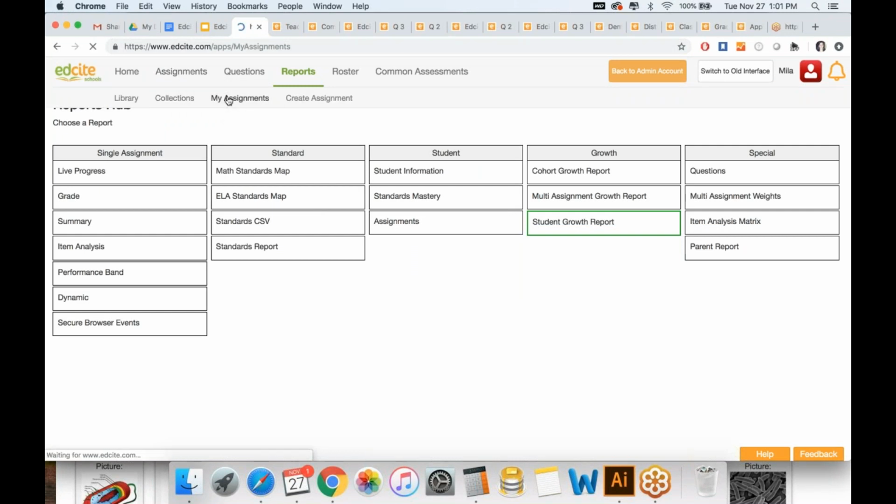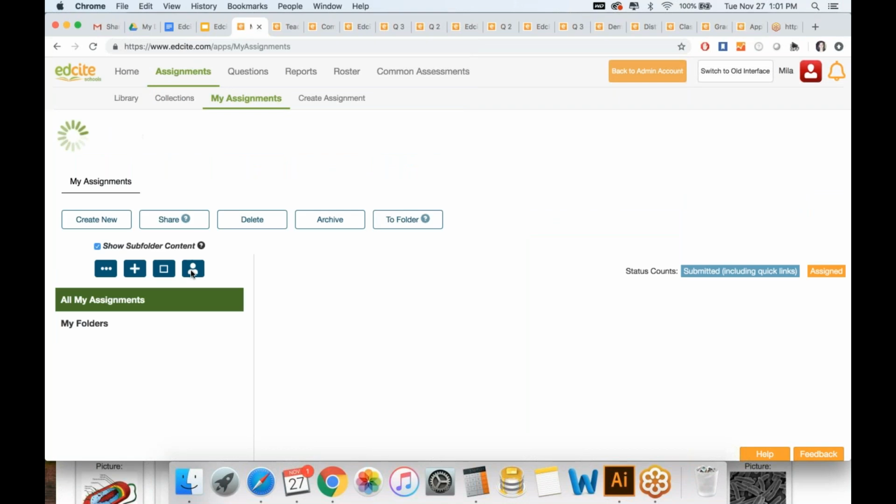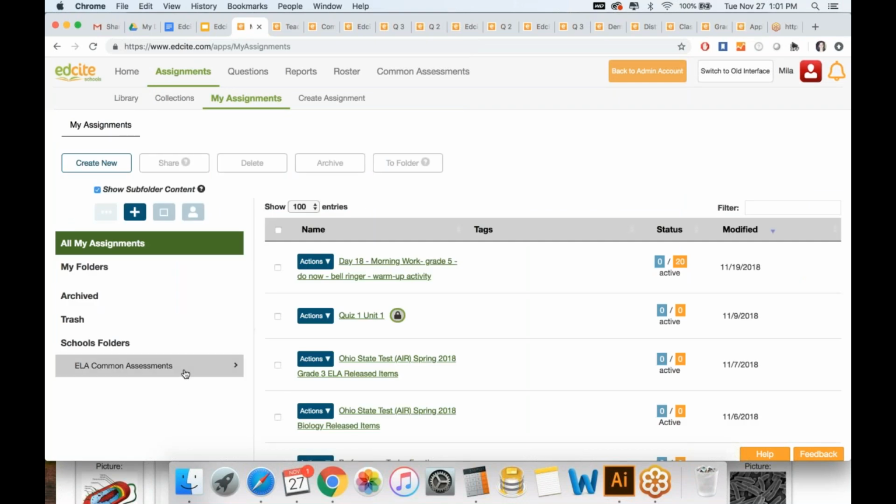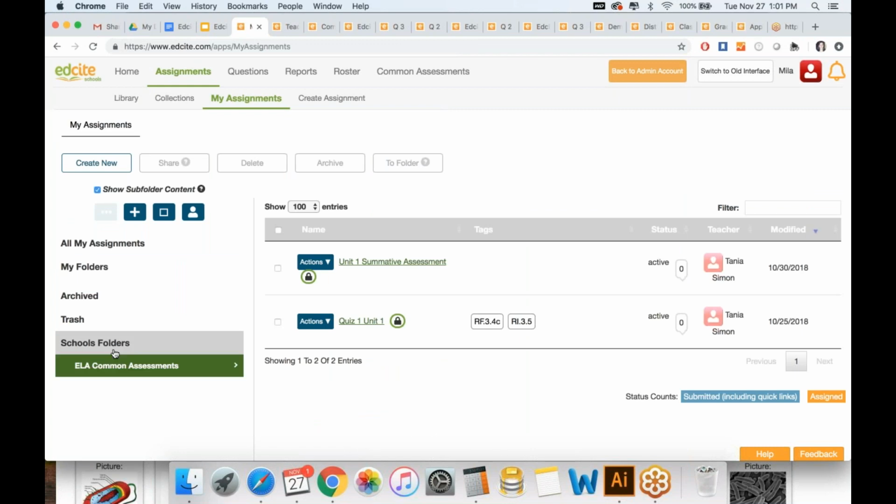When they go to My Assignments, it's going to look very similar to a Google Drive or OneDrive setup, where I've got Edcite Schools folders, and other teachers in my team can share assessments or questions with me. I can give comments, and there's that real collaboration piece.